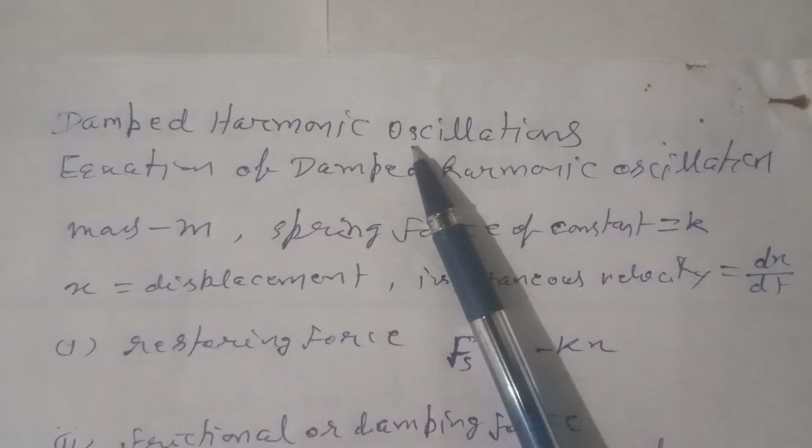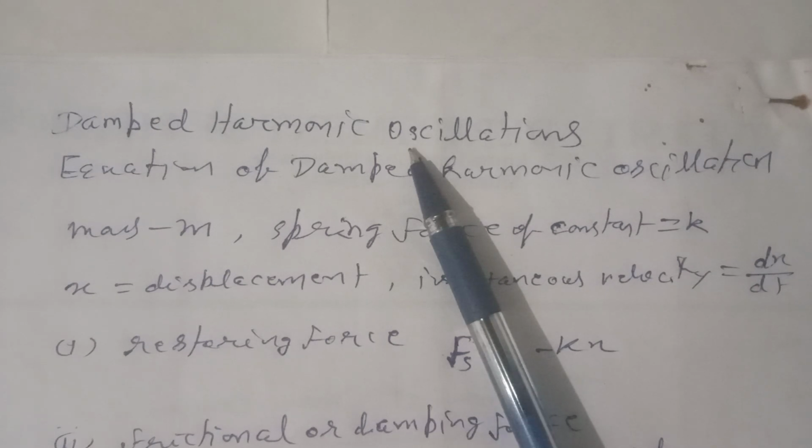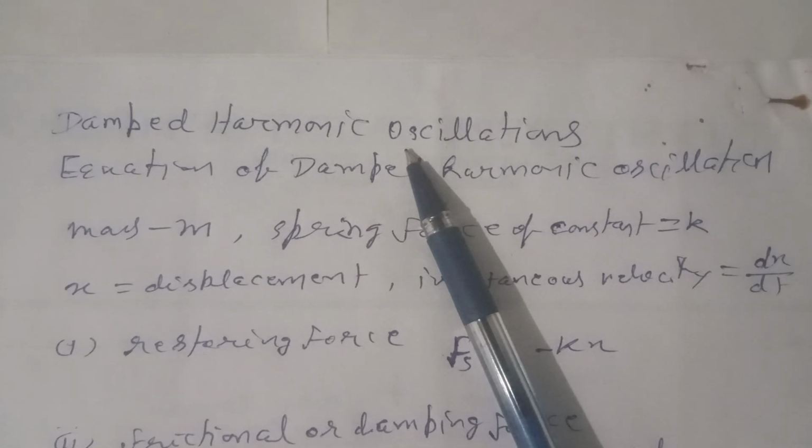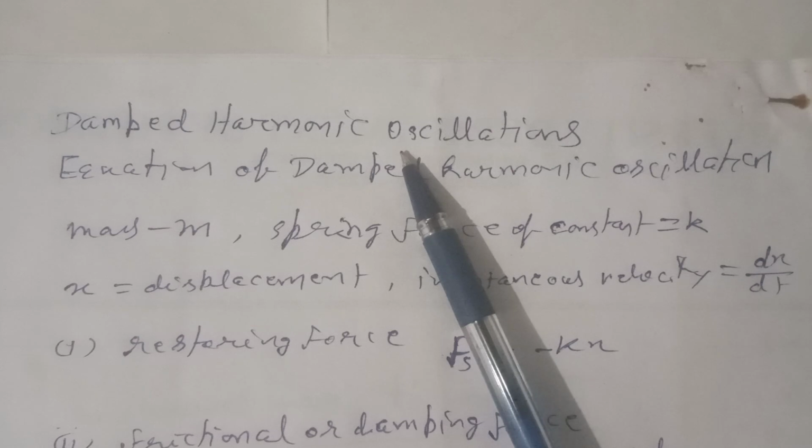This is because the oscillating system is always subject to frictional forces arising from air resistance or from within the system itself, and the work done against these forces is dissipated out of the system as heat. Therefore, the mechanical energy of the system decreases with time, and eventually the system comes to rest.